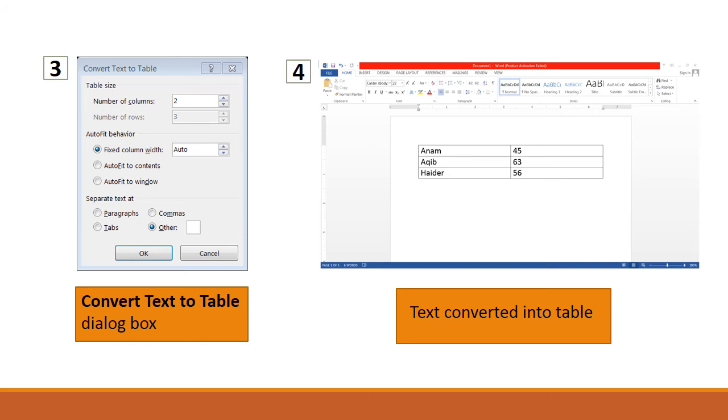Okay, and the next option, which we have to select in the last one, is separate text at: paragraph, commas, tabs, other. In these options we have to choose other, because this is showing separate text at, and this time we are going to choose the other option,